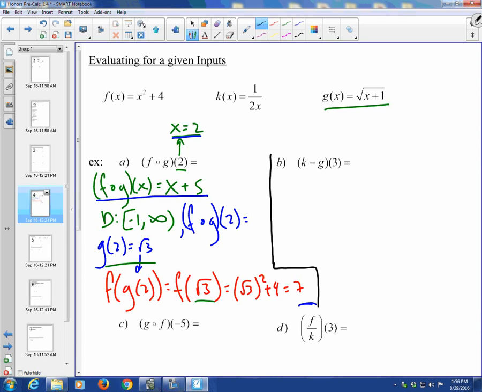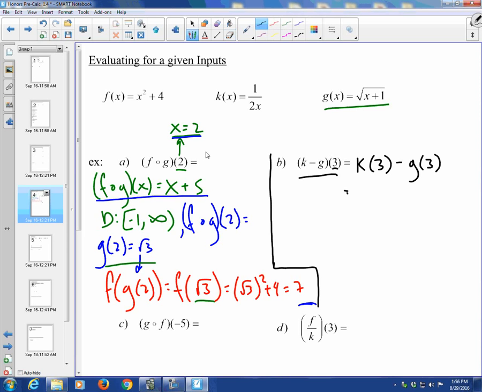So right here, when we're looking at k minus g of 3, we could go through and find what k minus g of x is and then plug in that 3. But it makes as much sense to just evaluate k of 3 and minus g of 3, right? We don't have the simplified version already, so why go through the process of simplifying and then evaluating? So right here,